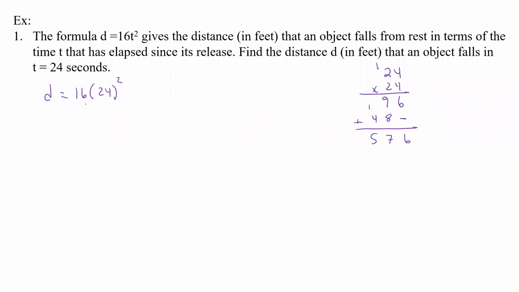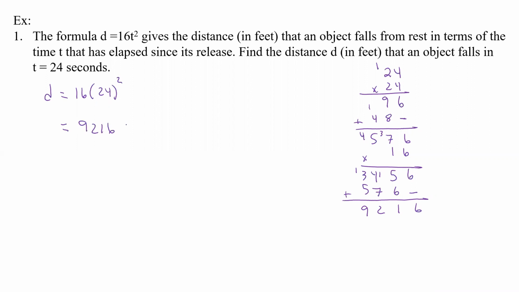Now we have to multiply that by 16. And so we take times 16. So 6 times 6 is 36. Now 6 times 7 is 42, plus 3 is 45. 5 times 6 is 30, plus 4 is 34. Now we're not going to have anything here, so now we have 1 times 6, 1 times 7, 1 times 5. Add: 6 and nothing is 6, 5 and 6 is 11, carry 1, that's 11, 12, carry 1, and that's 9. And so the distance is equal to